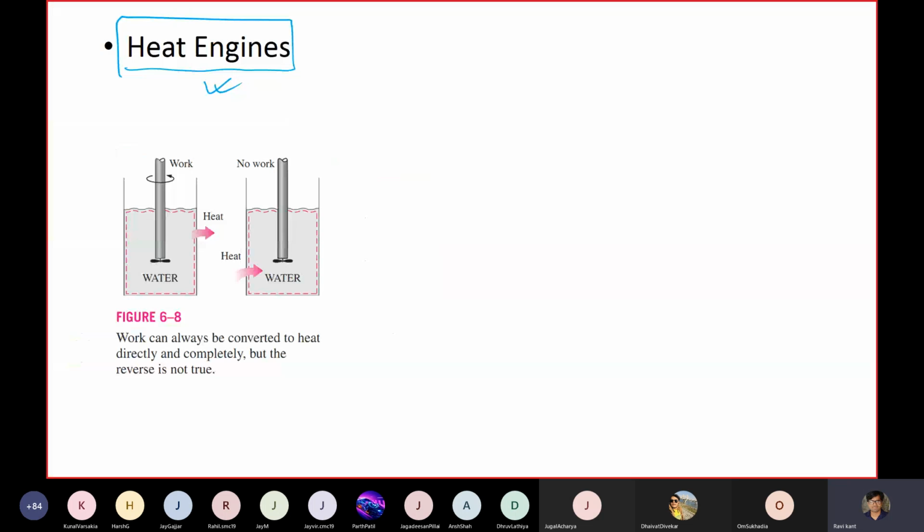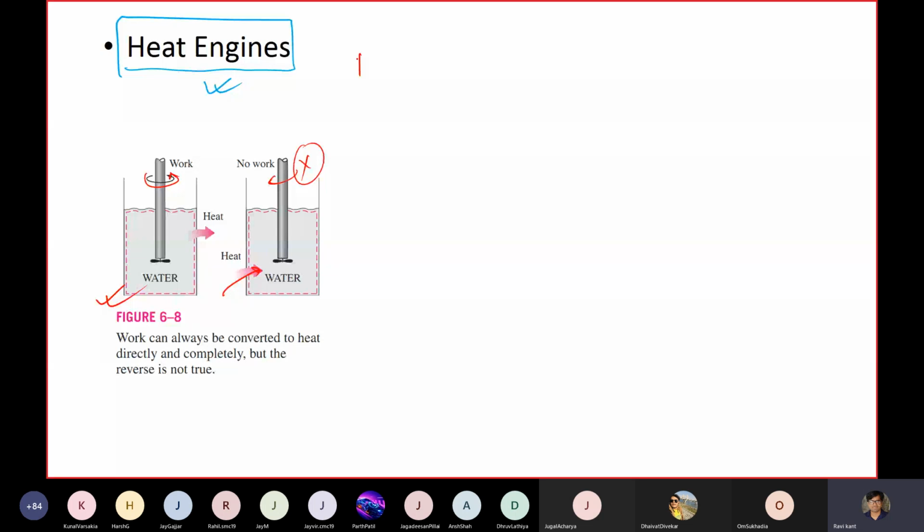Okay, so let's suppose I have a container that contains water, and we have a paddle wheel on it, and we do some work on this. Shaft work is happening on this water, and you can see that some amount of heat is being generated, or the thermal energy increases, and it happens spontaneously. So this happens, but the opposite is not always true. When I heat up this water, the shaft will not rotate spontaneously. This is obvious, and it is also true.